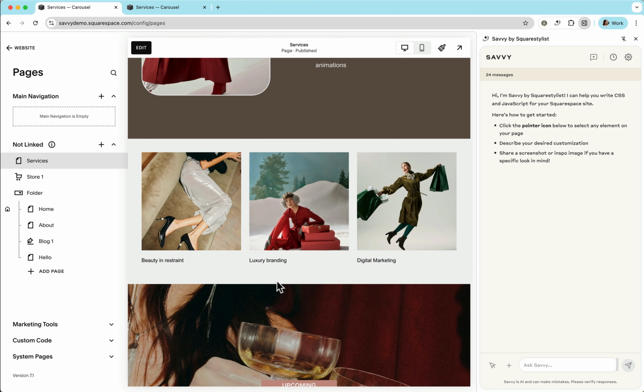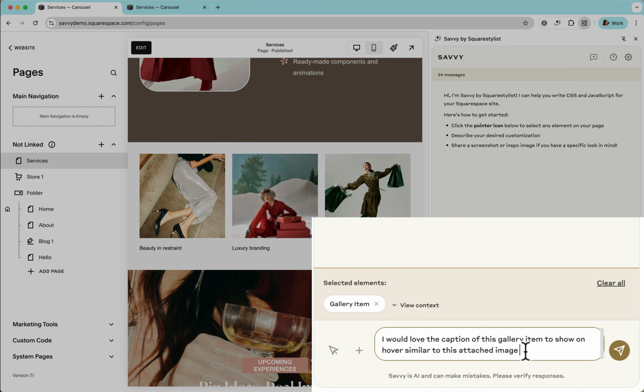I understand that most of the time, the customizations that we wish to achieve are best described visually than by words. So Savvy is also trained to be visual. So for example, if we wish to create some customizations for sections like this gallery section, then it's best for us to share some reference images, maybe from a mockup or from a reference website. So I can ask, I would love the caption of this gallery item to show up on hover, similar to